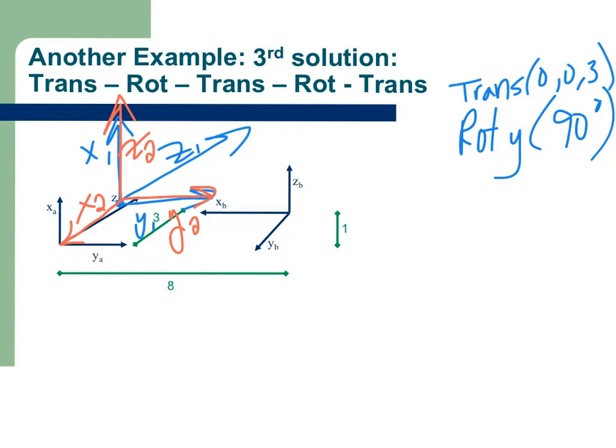And now for fun, let's do another translation. Woohoo! Why don't we do the 8? So that's the side to side, which is now in the Y direction. And I'm realizing I've drawn this badly. I drew my 1 and 2 axes a little bit too high for this picture, but that's okay. So we're going to translate 8 over to the right now,